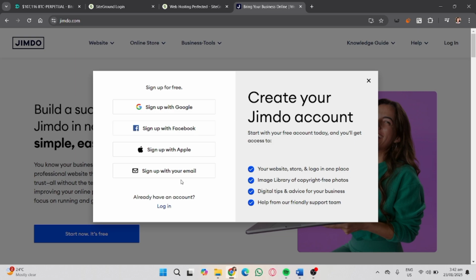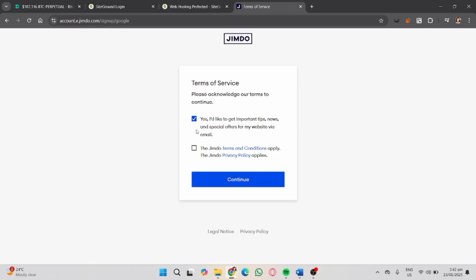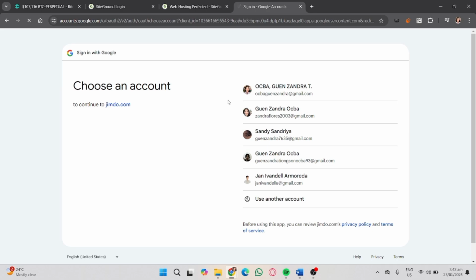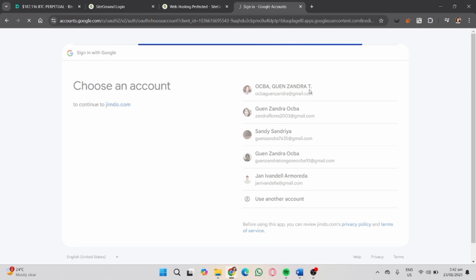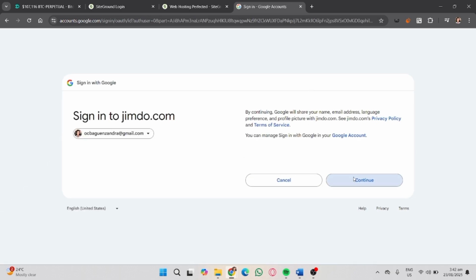But in this case, I'm going to sign up using my Google. So accept the terms of service, then click continue, and then choose an account that you want to link with your Jimdo account. After that, click continue, and you will be proceeding to the page